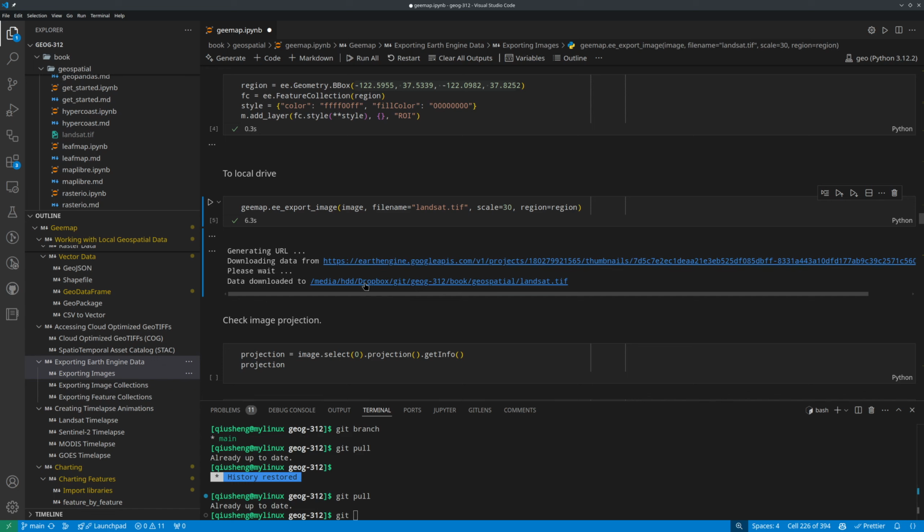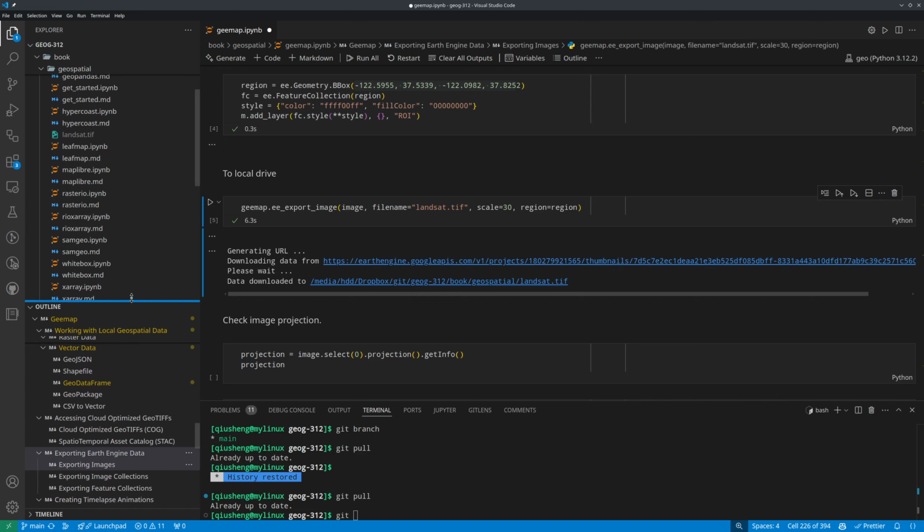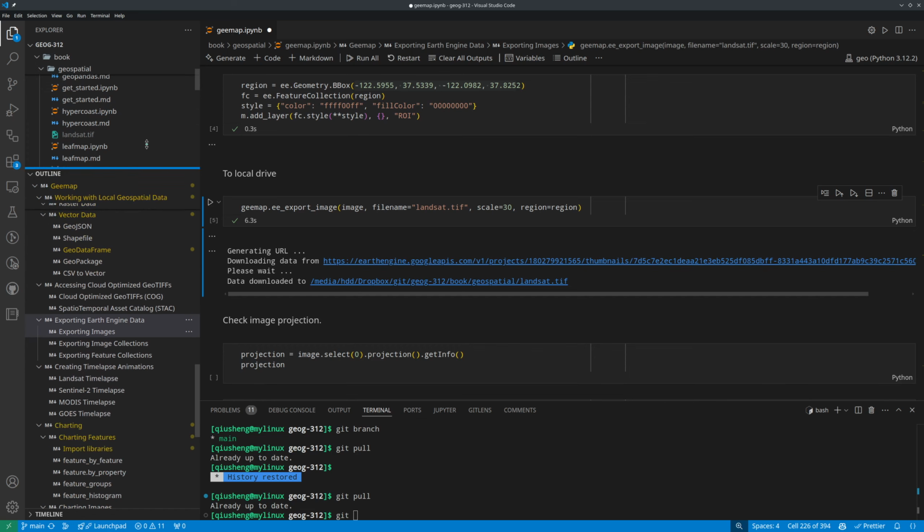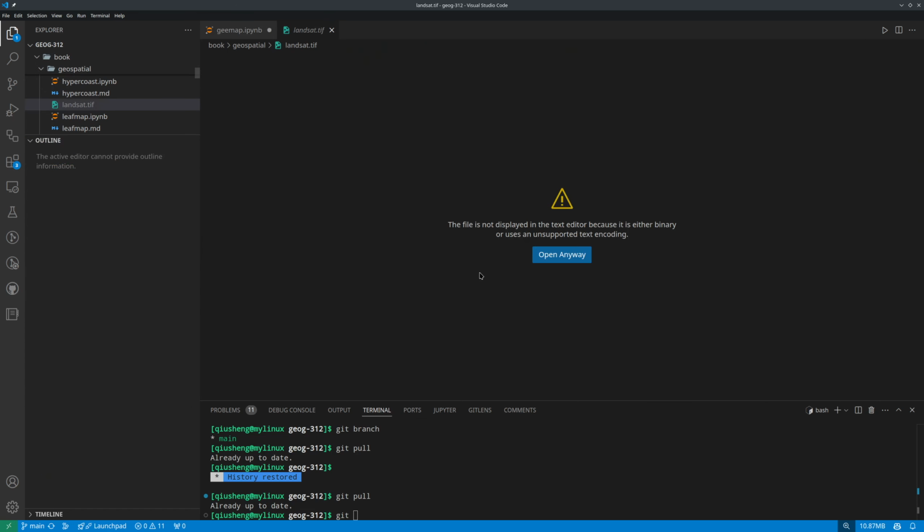So once you have this, you see it has been downloaded to my computer here, and you also have this one, like landsat.tiff. So this is imagery that we just downloaded, and it's a small file. So if you try to open it, you cannot open. You need to use desktop GIS